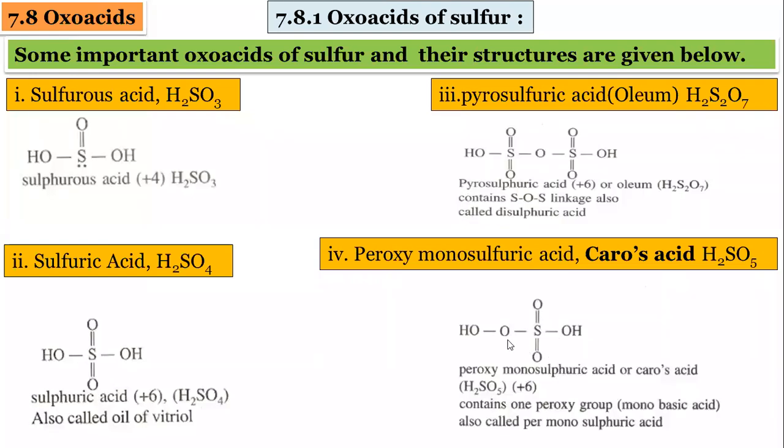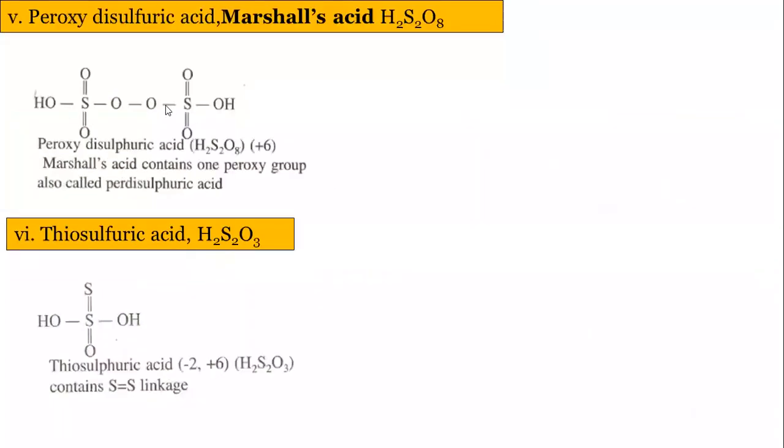So the structure is, we can see how many oxygens are there. 5 oxygens are there, 1, 2, 3, 4, 5, and 2 OH groups are there, meaning 2 hydrogens are there. This is Caro's acid. The oxidation state of this sulfur is +6. So practice these acids at your home. Use this slide. Delete the previous notes because I have corrected